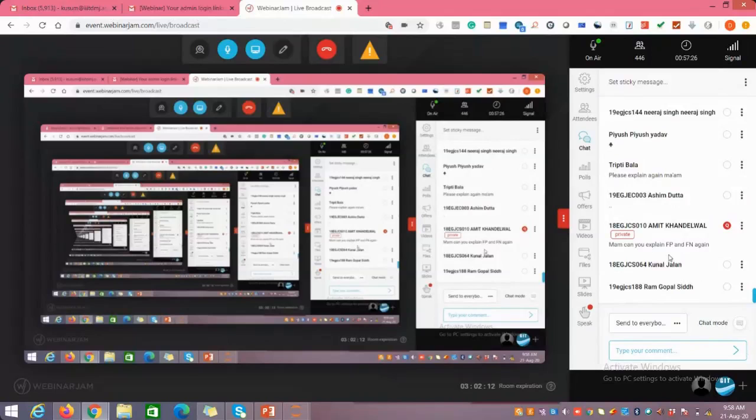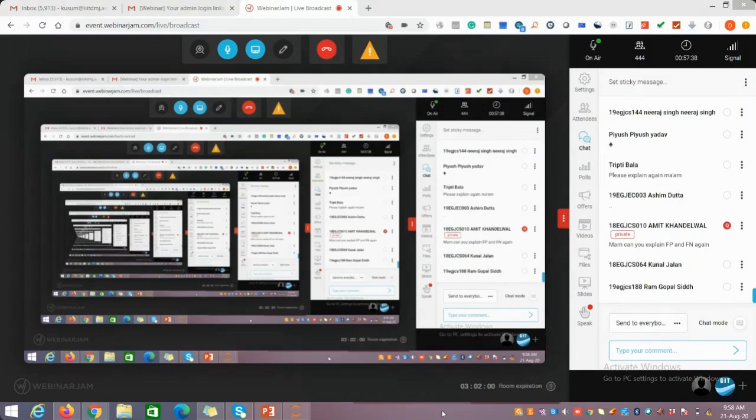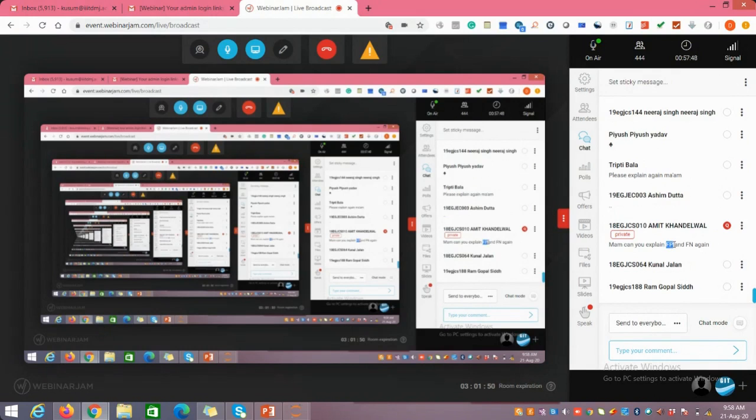False positive and false negative is not clear. So basically, you can remember it like this: in both the cases, false positive and false negative, both are false, which means you are making the wrong prediction. False positive means you have wrongly predicted some instance as a positive.